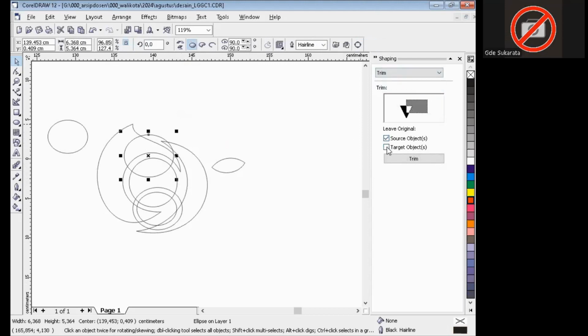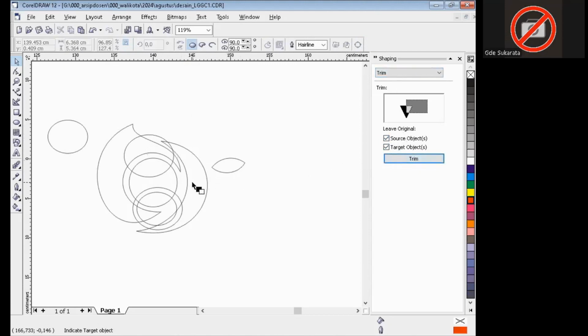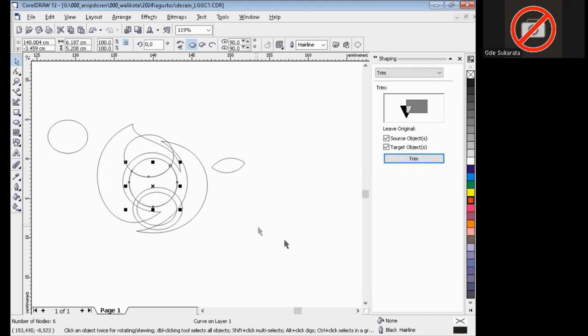trim, source object, target object, you can choose the source, trim target with this. Okay, that's the result. See?